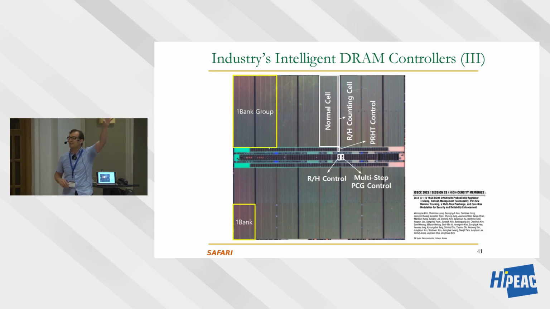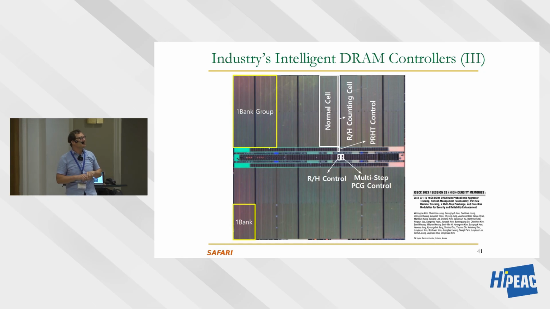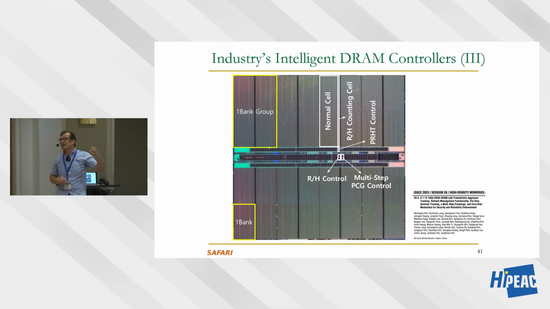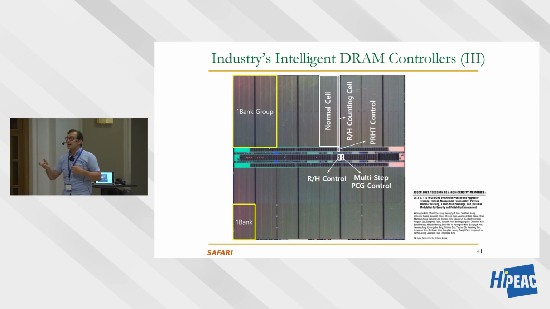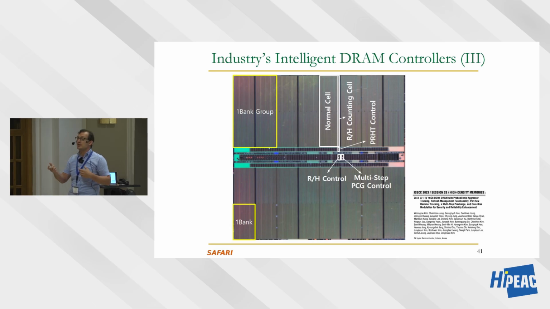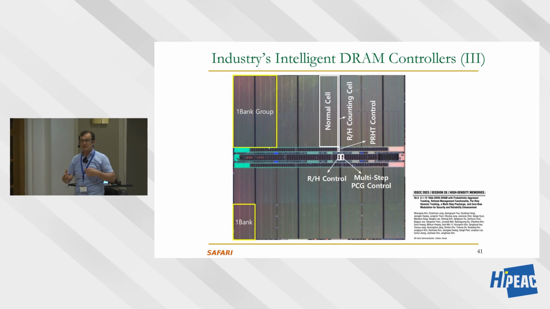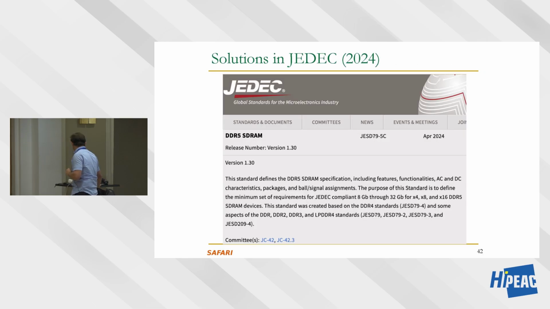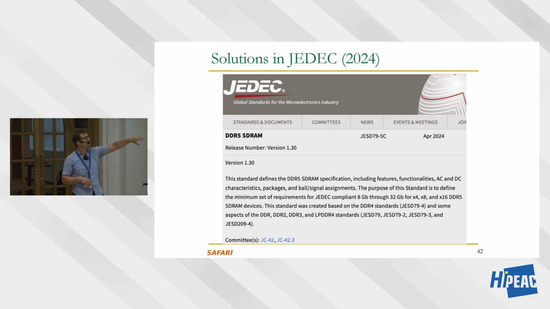I'm going to explain the computation in one of the later lectures. But basically what they're doing is they're putting logic inside DRAM to count how many activations you get to each row, and if the number of activations you do to each row is larger than a threshold, they actually take some mitigating action to fix the RowHammer problem. I'm not going to claim that this fixes the RowHammer problem, but this is a step in the right direction. And this was standardized in JEDEC this year. This is April 2024.